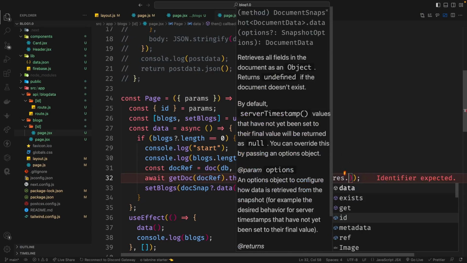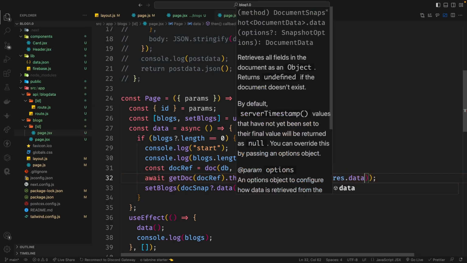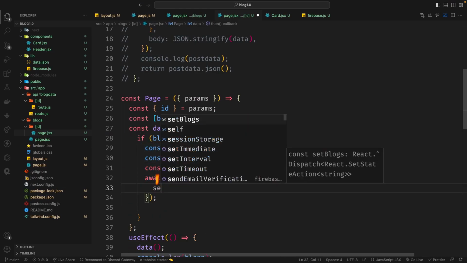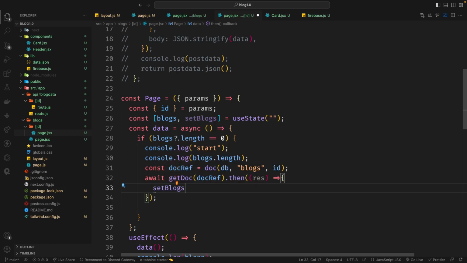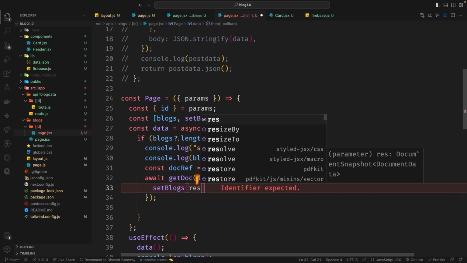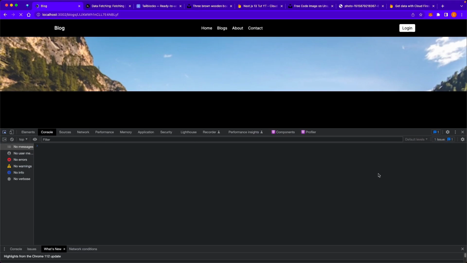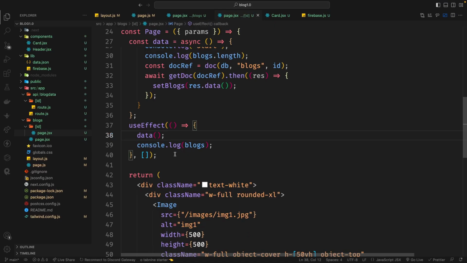Let's use dot JSON, dot data. We're getting the data. Now I think it will solve the problem. So what I can do is return blocks, set blocks to the res dot data, just like that. Save it, come here, reload the page. Let's see. Okay, I think this should have done the magic. And then